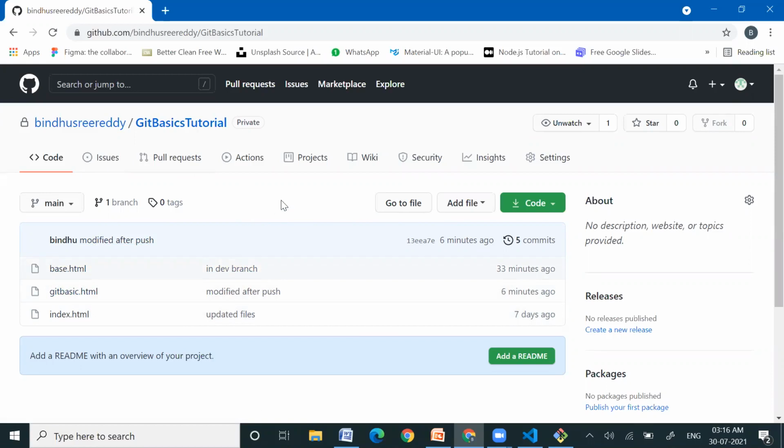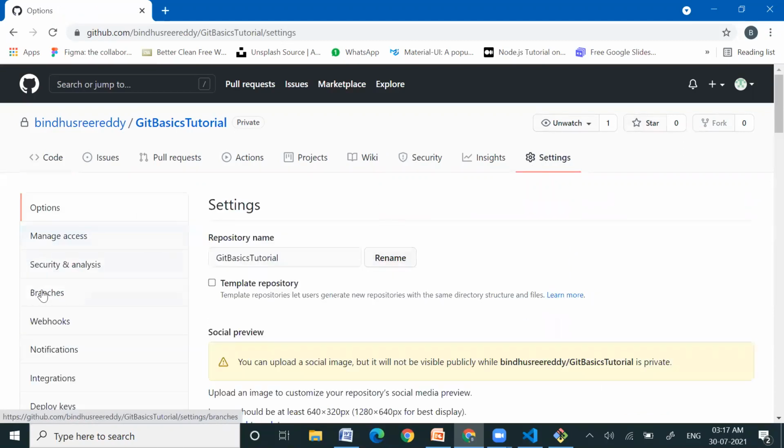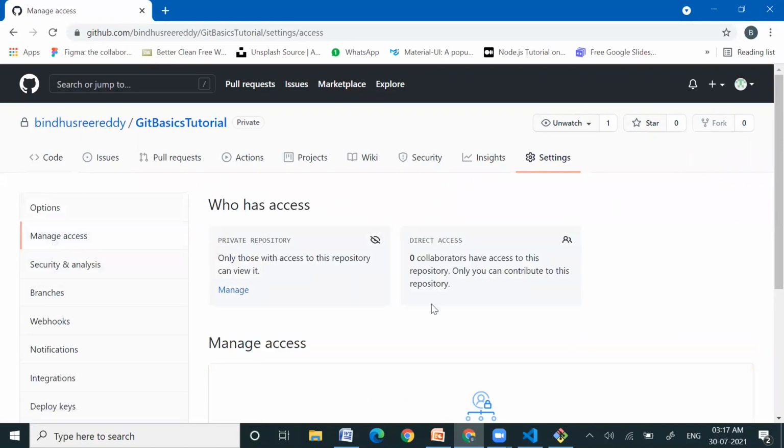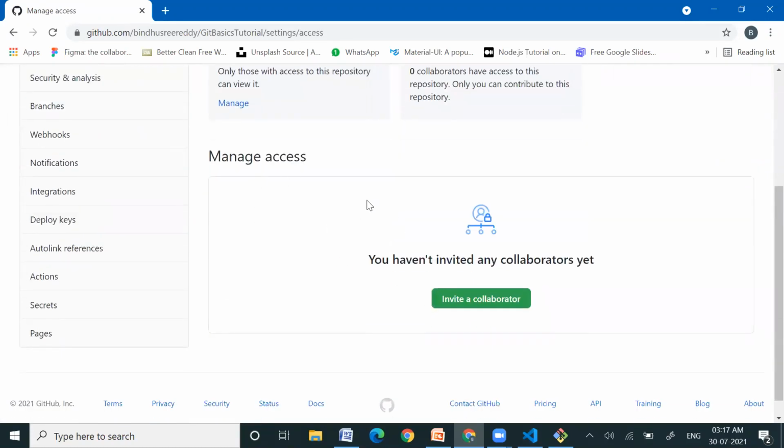Go to settings, then manage access, where you can invite a collaborator.